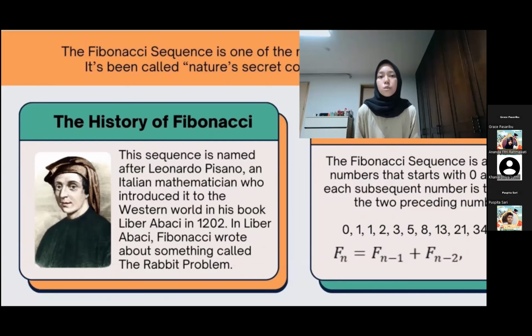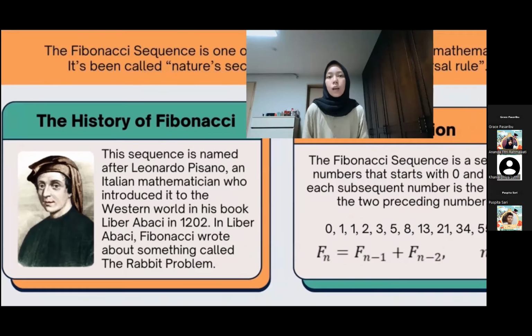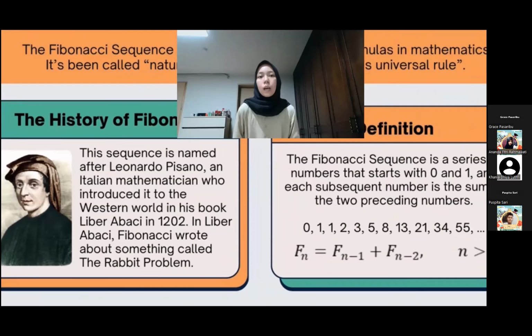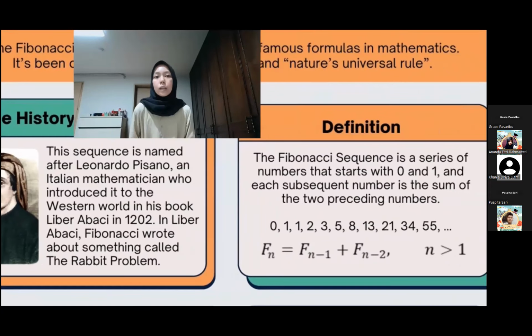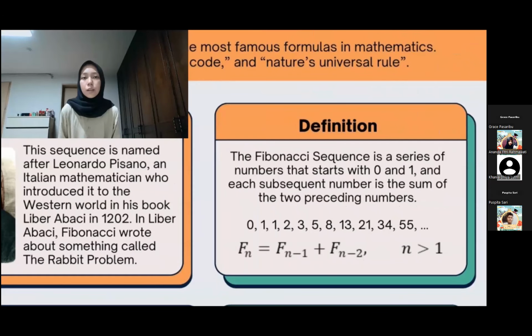Fibonacci wrote a series of numbers to solve the problem. It looks like this: 0, 1, 1, 2, 3, 5, 8, 13, 21, 34, 55, and so on. There are 0 rabbits in the first month. In the second month, 1 pair of rabbits move in, but they don't have any babies for the first 2 months. In the fourth month, a new pair of rabbits is born, and another in the fifth. By the sixth month, both the first and second pairs are having a pair of babies every month. These numbers are growing quickly.